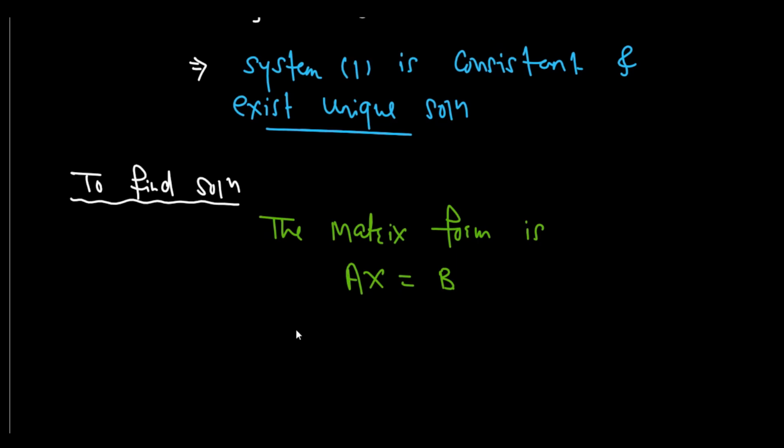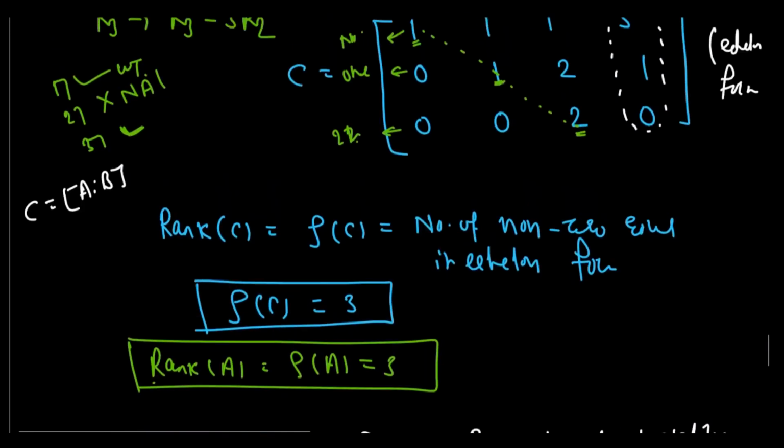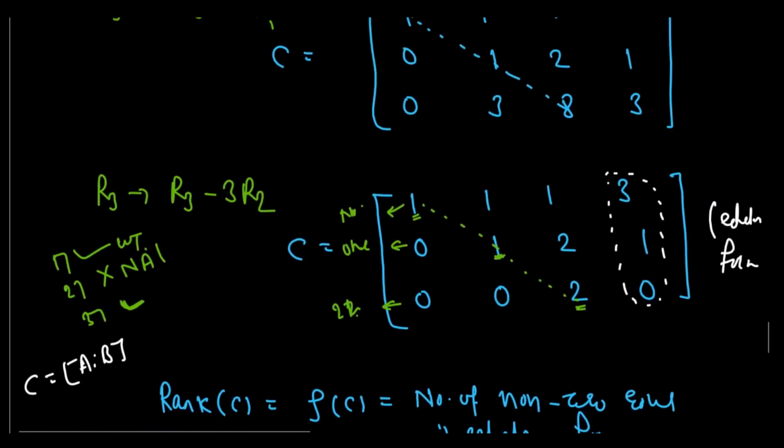Now here we put the values of A and B which we already reduced to echelon form, because when we look into the matrix, it is a value for C, and C is nothing but the combination of A and B. These matrices are equivalent, because by row operations the matrix obtained is known as the equivalent matrix, having the same nature. Only the form changes, because it is echelon form. So C is a combination of A and B, and we have to use the echelon form matrix for this solution.